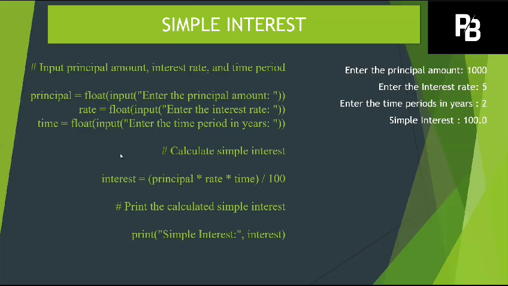So once I run this program, what happens? First of all, on the screen, the message is there: enter the principal amount. Then the user enters the principal amount. Similarly, enter the interest rate. Enter the time period in years. So the user enters all the inputs. After that, once the user enters the years and presses enter, then automatically using this formula, my simple interest is calculated, and with this print statement, the output is printed there.